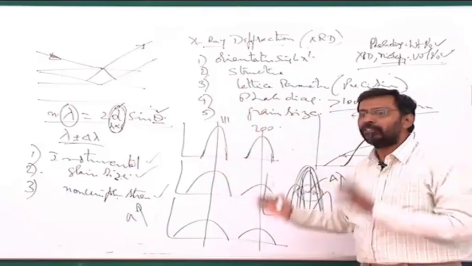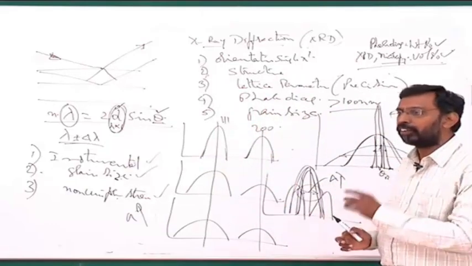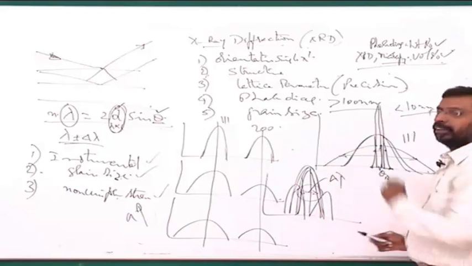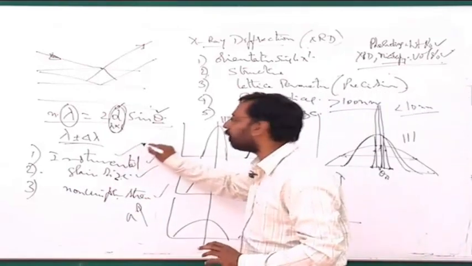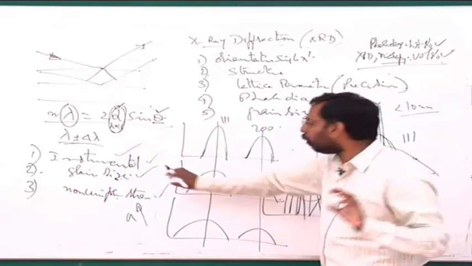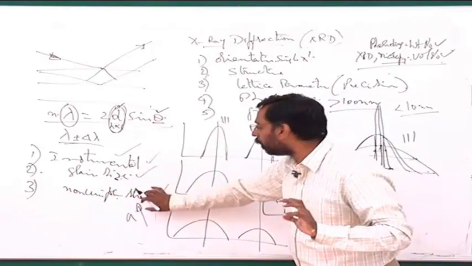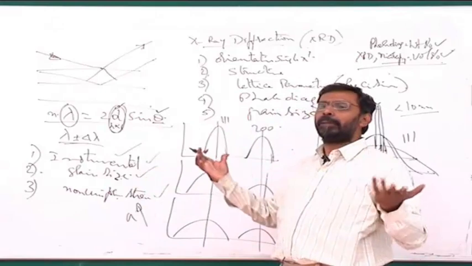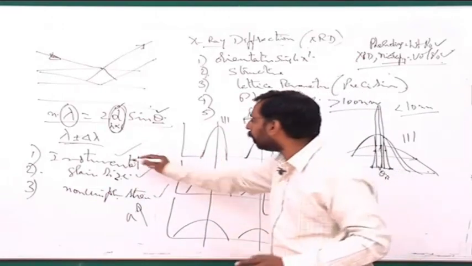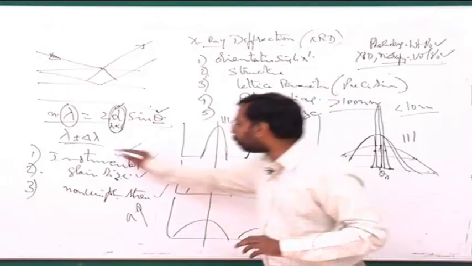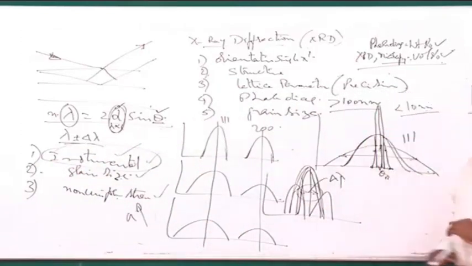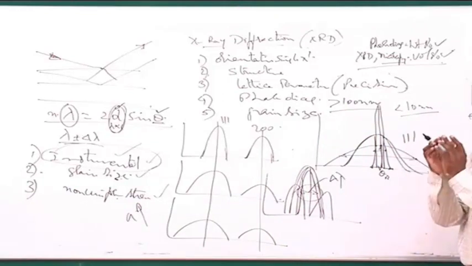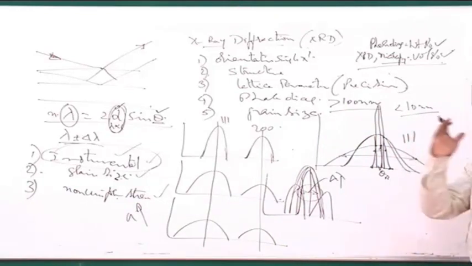And such a material, if I subject it to X-ray diffraction, I get again some peak broadening. And that broadening definitely I know is coming because of instrumental broadening. Because there is no fine grain size inside the material, there is no strain inside the material, but still I am getting some broadening. And that broadening is only because of that. This particular broadening, I deduct it from my actual sample, which is a nano material, let us say. So once I deduct it, I get some other broadening which is left out.